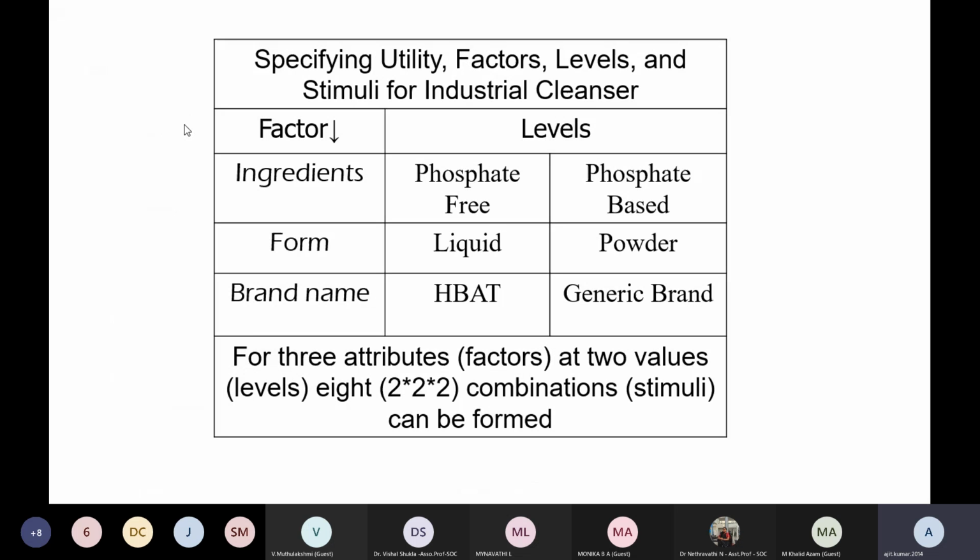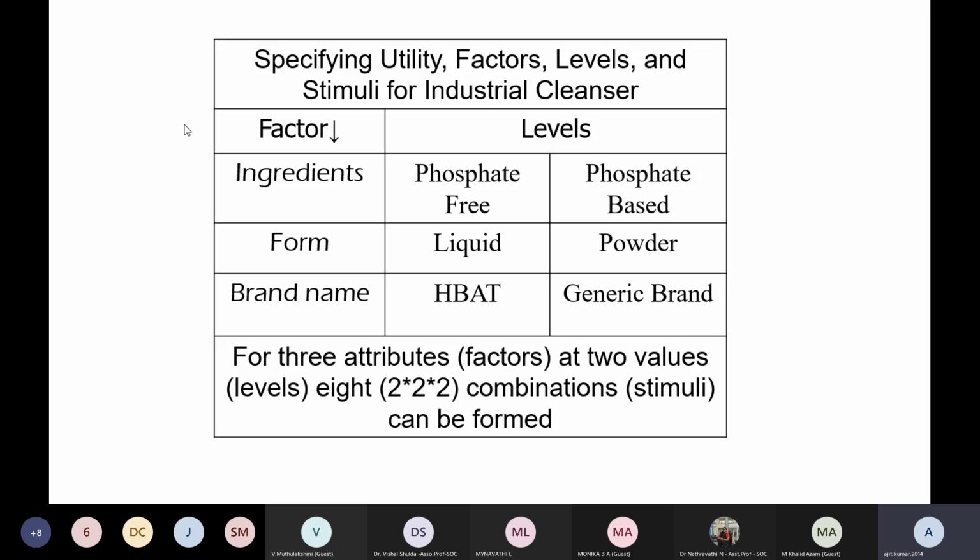So what is happening here? Let's say that I want to manufacture something called an industrial cleanser. This is just like any cleaning item. We want to understand what the ingredients could be, whether it has to be phosphate free or phosphate based, or such things.